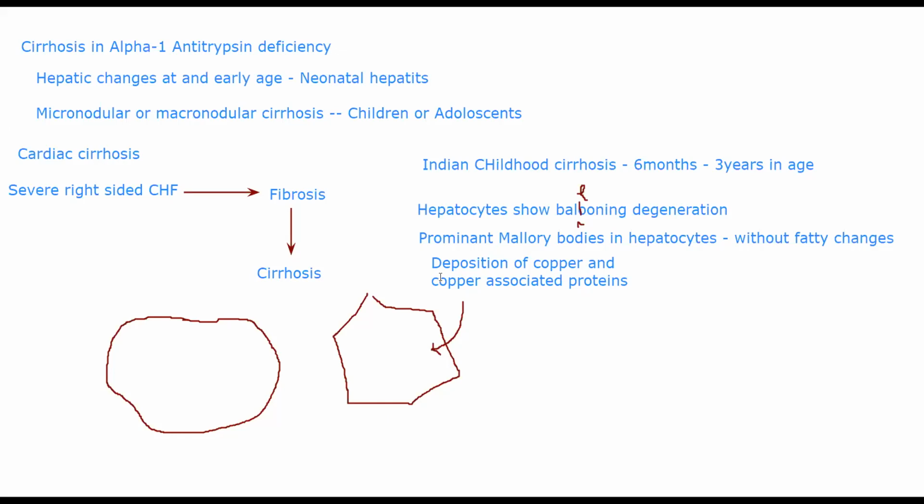Okay, the changes that occur in your liver are that ballooning degeneration will occur, wherein inflammatory cells will start invading into your hepatocytes, and your hepatocyte will literally balloon out and start getting damaged. And you will see small Mallory bodies being formed in your hepatocytes. It can occur around your hepatocytes as well sometimes. And you will start seeing deposition of copper and copper associated proteins like ceruloplasmin and other proteins. So that is about Indian childhood cirrhosis. Okay, with that we've completed cirrhosis. You want me to repeat anything?